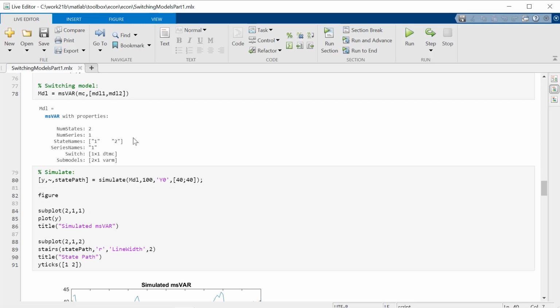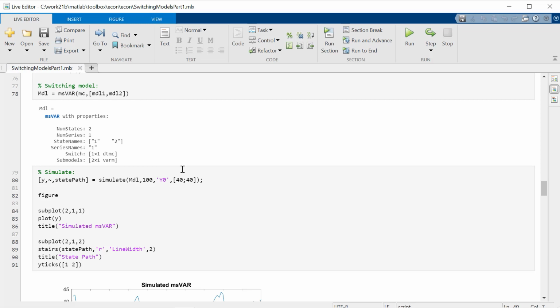So let's just take a quick look at this. We'll use one of the methods of the MS-VAR class, the simulate method, like we did for ARIMA and VARM, and now simulate a switching model. So we input the model object, we'll simulate it for 100 time steps, and this Y0 here is just some pre-sample data because we have autoregressive terms.